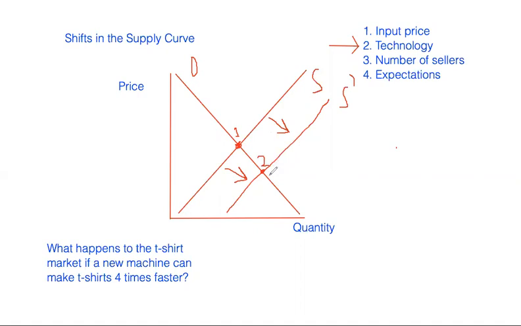So what happens here is that, as you can see, price decreases, but quantity increases. So that's really important here. So there is a larger quantity of t-shirts being produced in this new market where there's a new machine, but because of that, the price of t-shirts is actually decreasing. And so because of that, we're effectively having a situation where there is more of the good at a lower price. So that's kind of a good